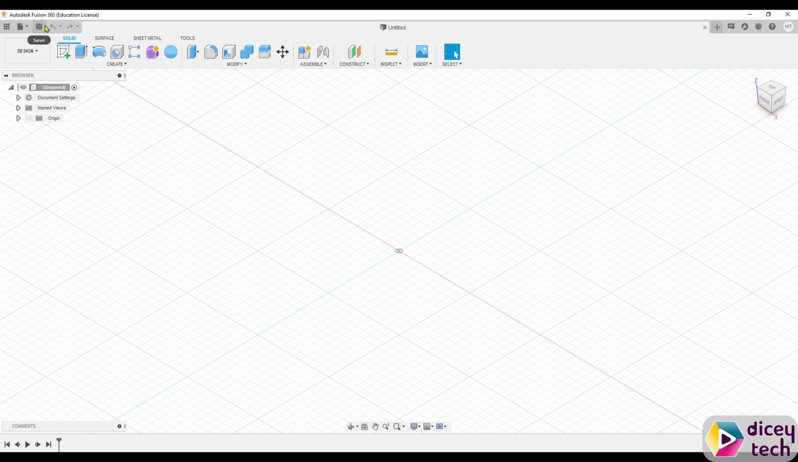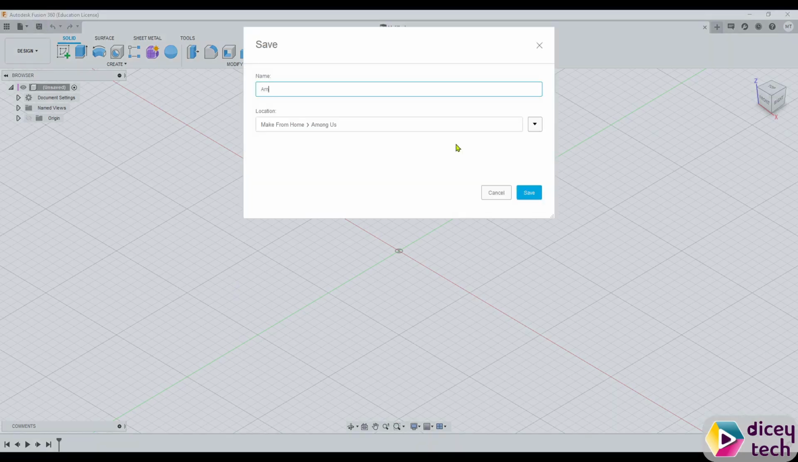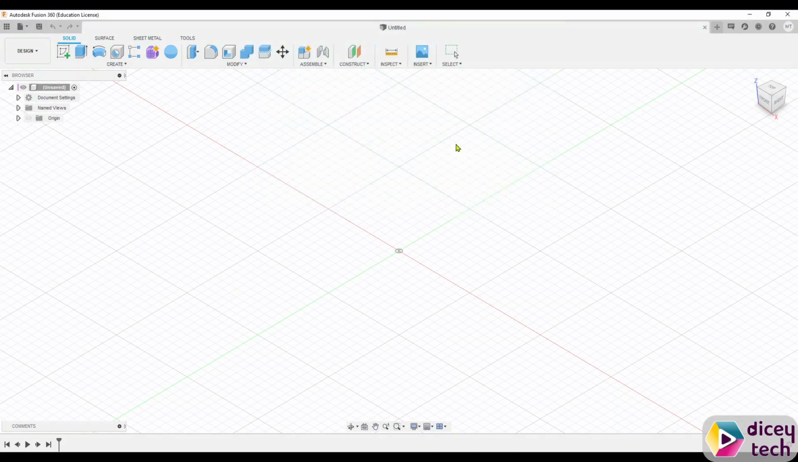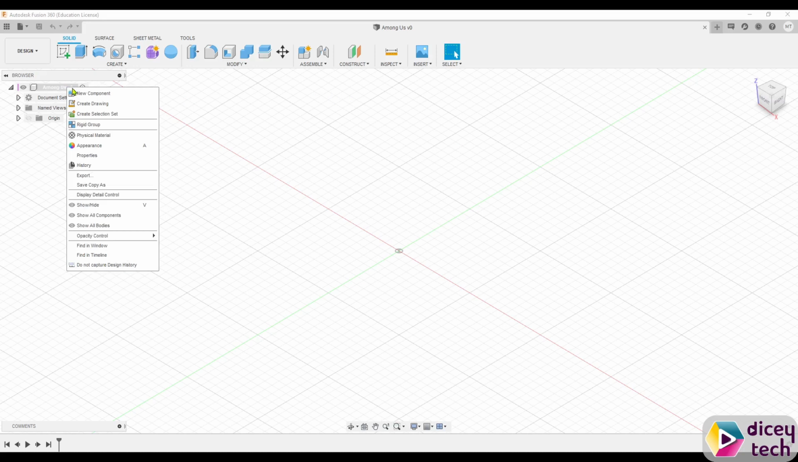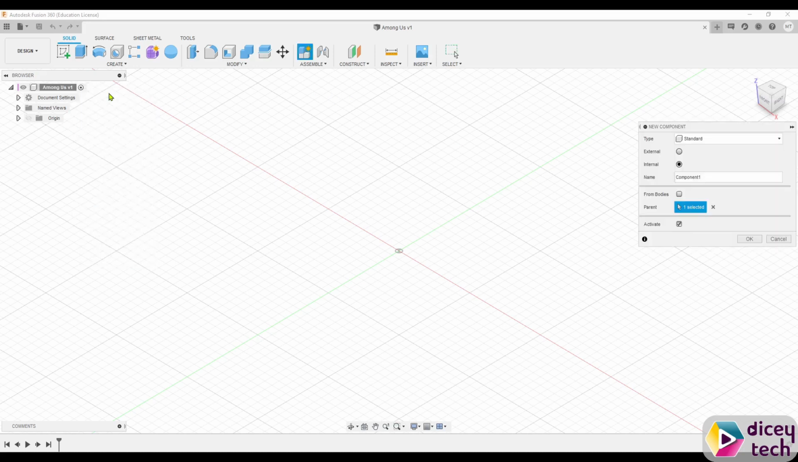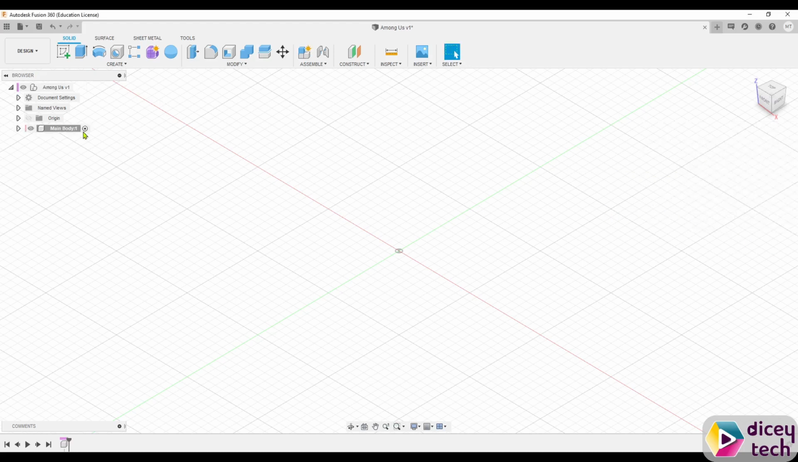First, you want to save your file as Among Us, and then right click here, select new component, and name it main body. Then press OK. Once you have that, you want to open this up, then select create form,